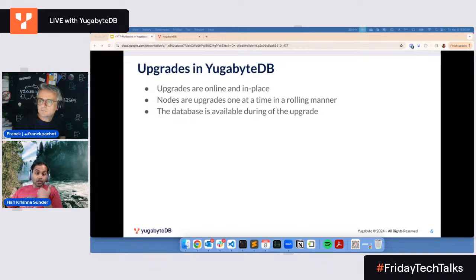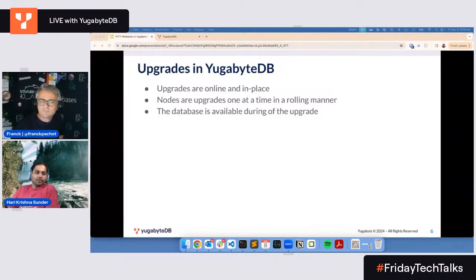And it's a rolling upgrade, right? So we upgrade one node at a time, so that the database is available for the entire duration of the upgrade. At no point are you going to take the system down. Your app is going to function fine. There'll be some glitches as nodes come up and down, with load balancers working behind the scenes to keep everything running